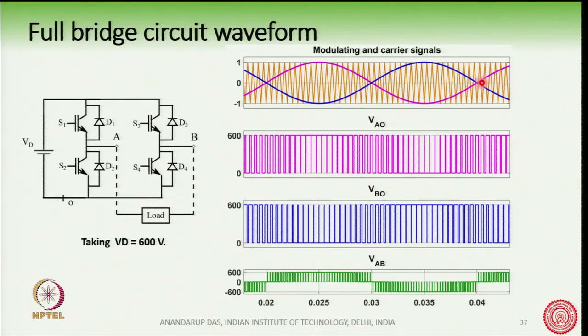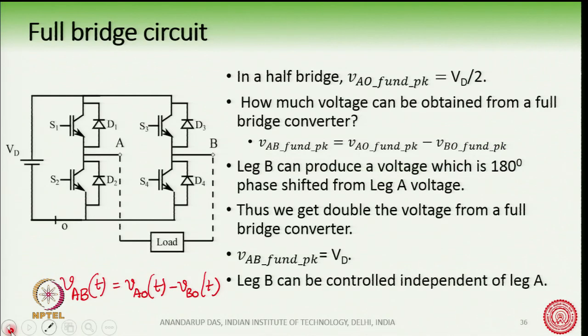The voltage produced by phase B, the fundamental component of it, is shown by this blue curve. So, what happens then? If they are 180 degrees phase shifted, we can get double the voltage from the full